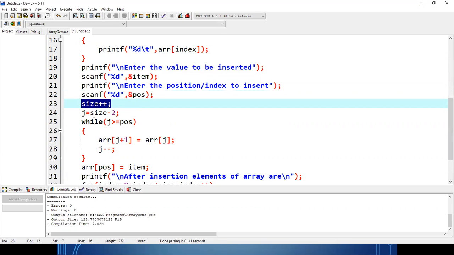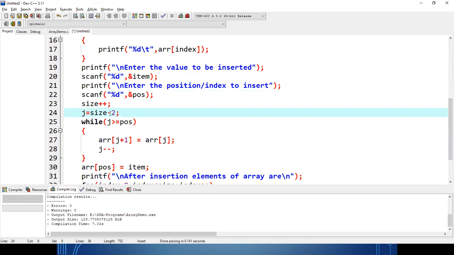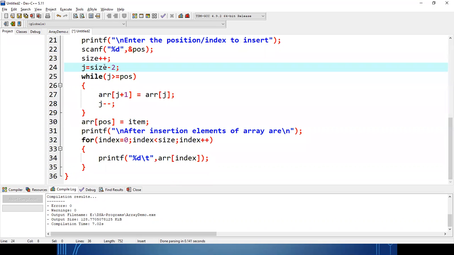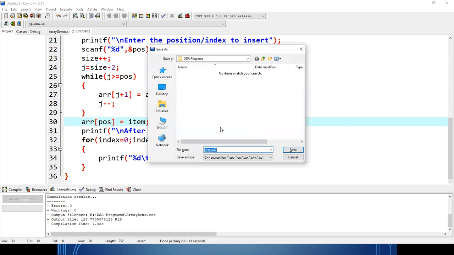Now for our shifting purpose, I am starting from size minus 2, as we have seen through the row work. So till it is not equal to position, every value I am just doing right shift. Clear? After my right shift process is over, at the given position I am assigning the new item. After that, I am displaying all the values after the insertion. Okay, so let us save the file.